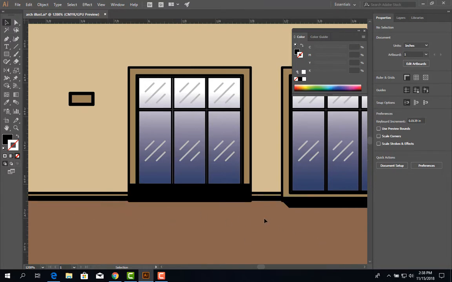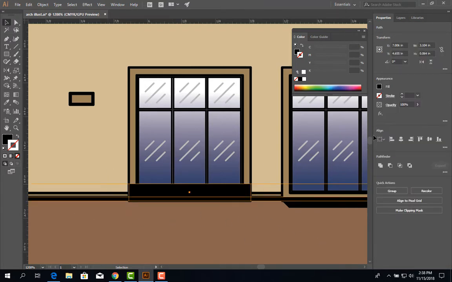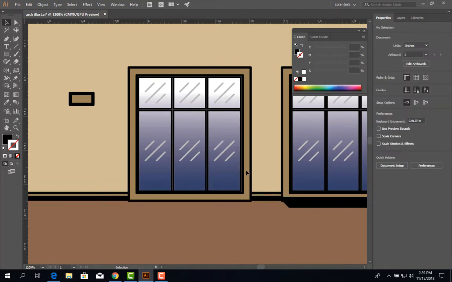So I'm going to grab both of them like this. And if I go to properties, we have been using Unite. Now I'm going to use Minus Front. So if I click on this one, see, the box that I had drawn there